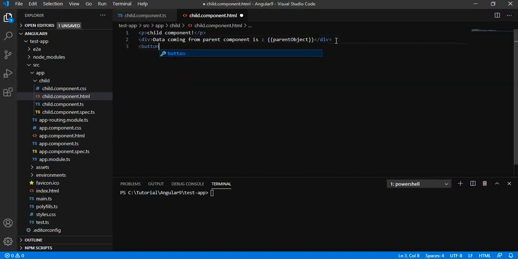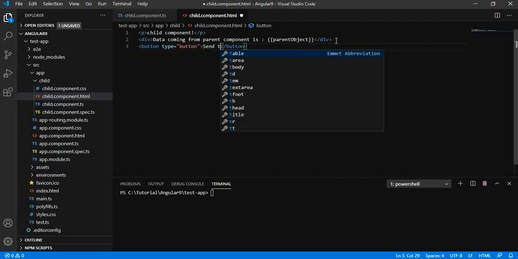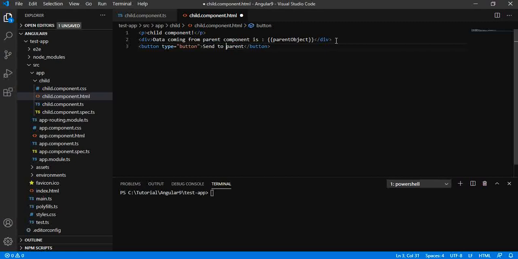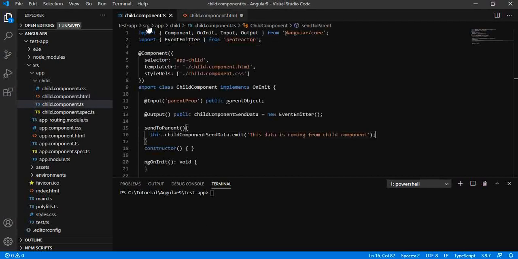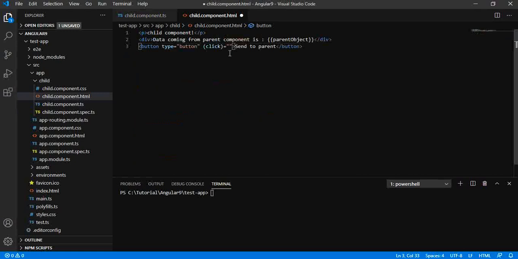Let me add a button. This is the event that we need to call.